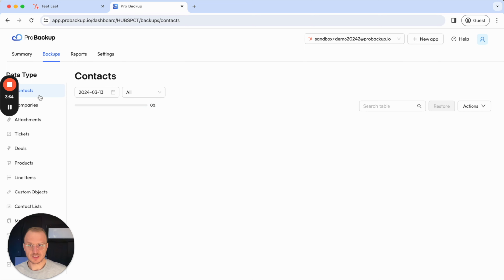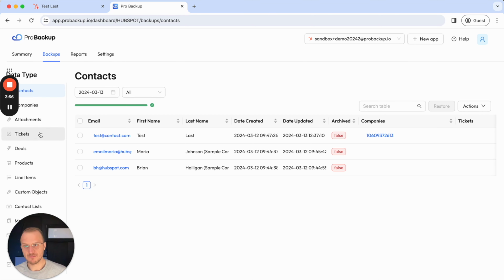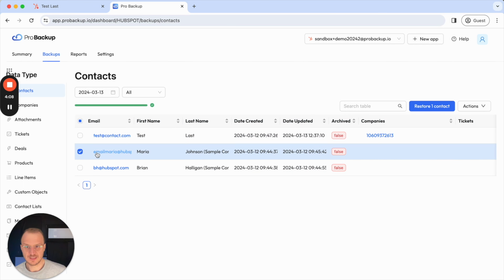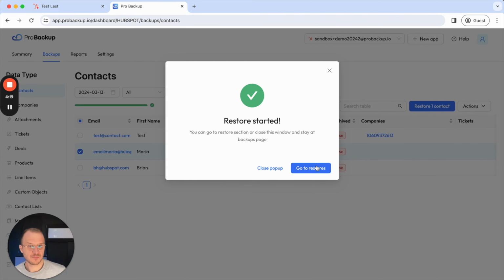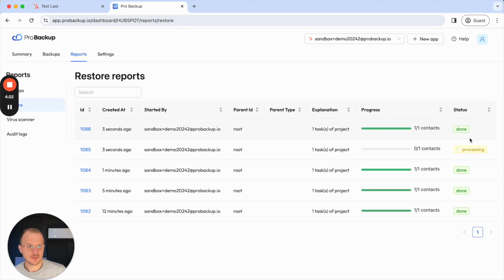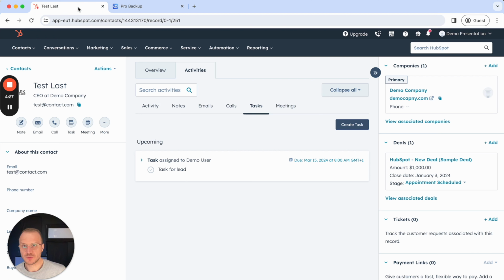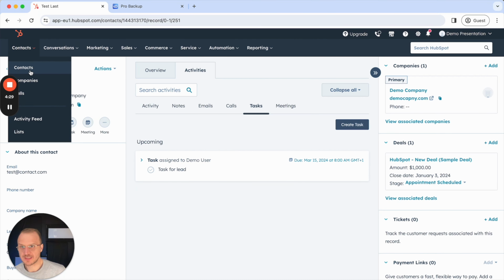So now this is just an example of the contacts, but the same restore process or functionality happens for the other data types as well. I'll also show you the example of what happens when you restore a contact that's never been deleted from your account, that still is available. Then the following happens. So let's say I want to restore this one. I click on Restore Contacts, go to Restores to follow up the process, and it's already done. So if I now go to HubSpot, back to my contacts table,